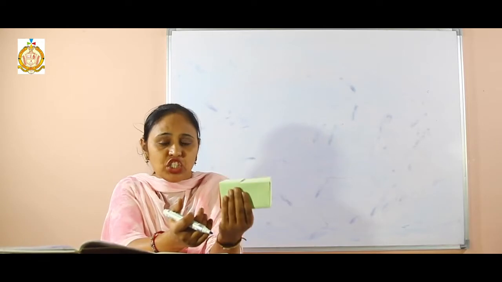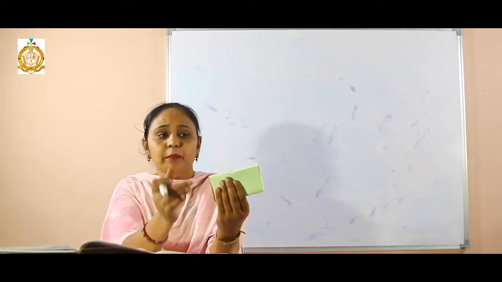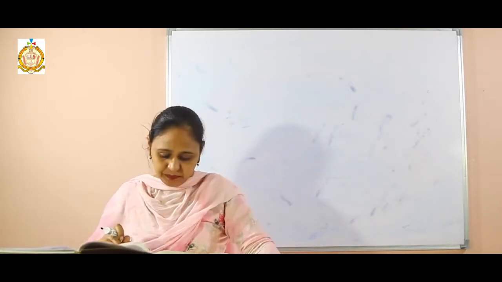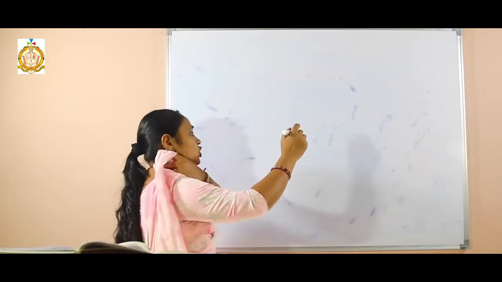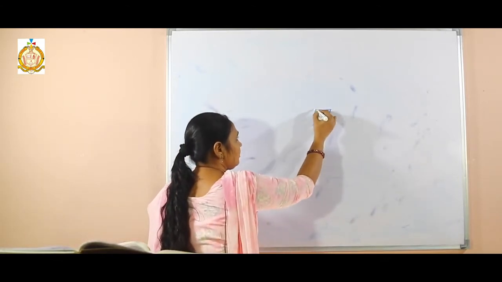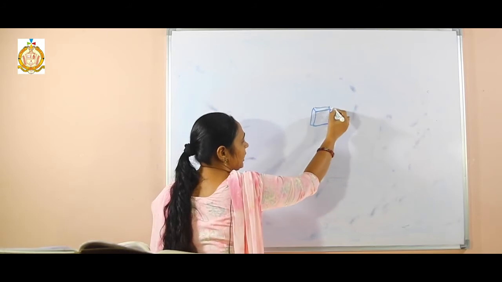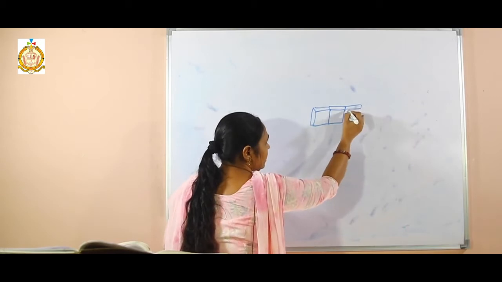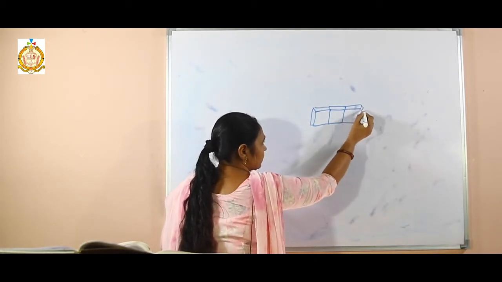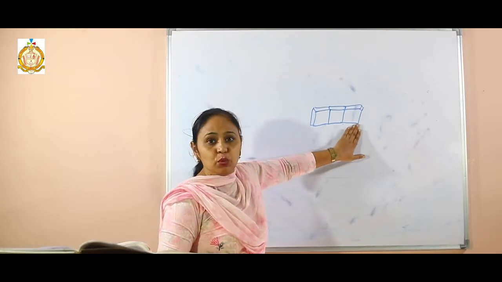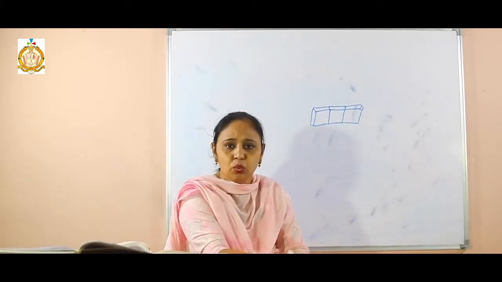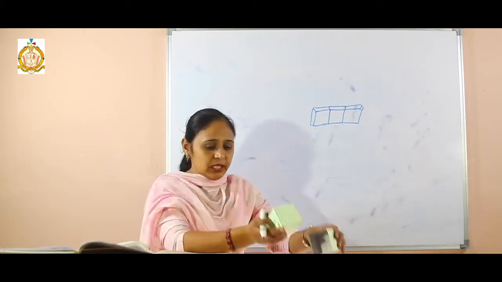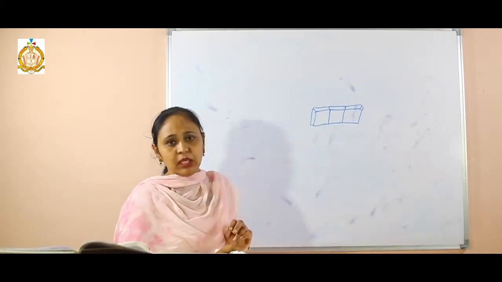That means the formula will change. We won't take the formula of cube because now it has become a cuboid. Now he says 3 cuboids. He joined the 3. This is the first one, then he takes the other one, then again he takes the third one. I know it becomes a cuboid because length is changed. I already showed you one cube joined with another, the length changes and it becomes a cuboid. That means if we join 3, that also becomes a cuboid.